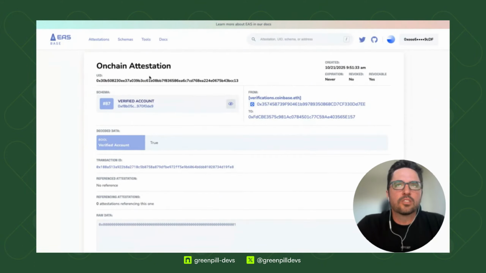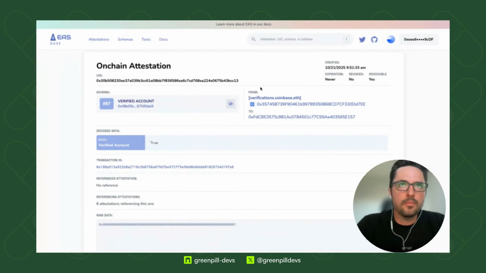So this attestation, I'm just going to dive into it. Every attestation gets its own unique identifier, this hash up here. You get an on-chain timestamp if it's made on-chain, but attestations can also be made off-chain, so you can store them in a database, in IPFS, wherever you want, locally. You can define an expiration date, and you can also validate the life cycle of the attestation by its revocation status. So is it revoked? No. Could it be revoked?